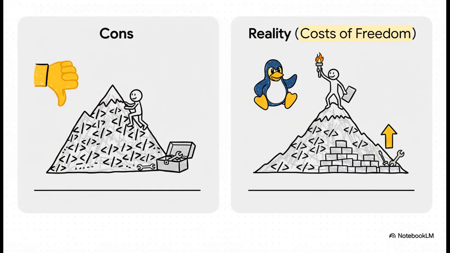You know, people often talk about the cons of Linux, but I love how this reframes them. That steep learning curve, that's really just the responsibility that comes with taking back control. Limited software availability, that's the trade-off you make for rejecting vendor lock-in. And that lack of standardization, that's the very diversity that creates that powerful community immune system we were talking about. They aren't flaws, they're simply the costs of freedom.